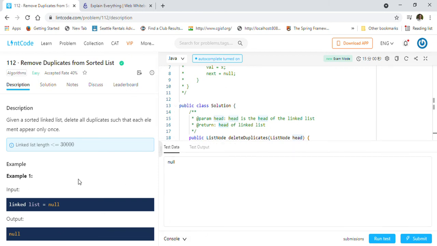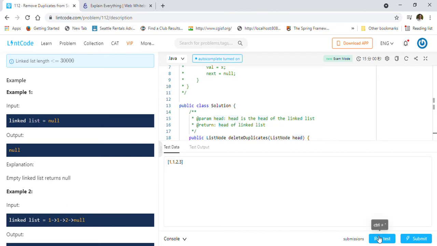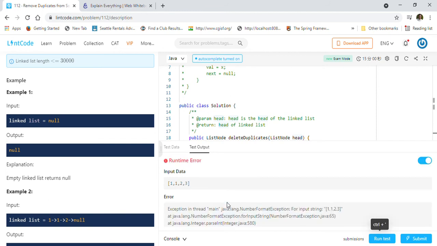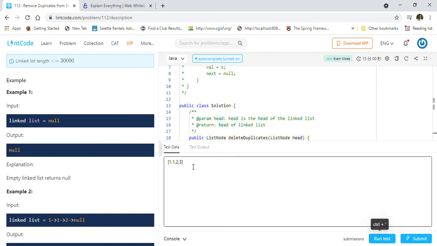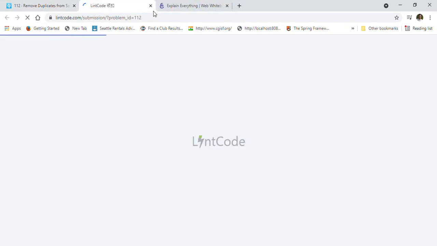So let me just take some data here. Let's see if this array works or not, because there is no input given here. I don't know how to take an input here, actually.